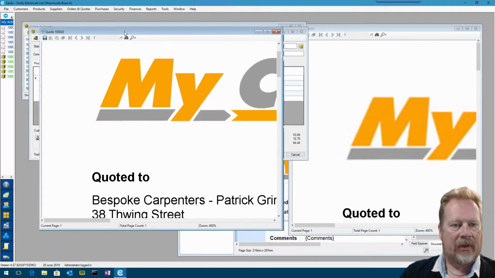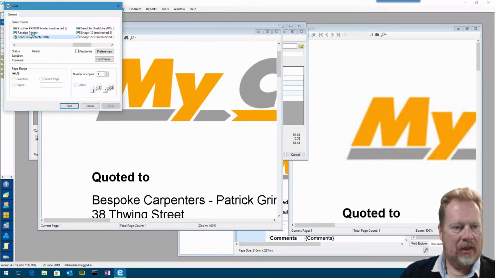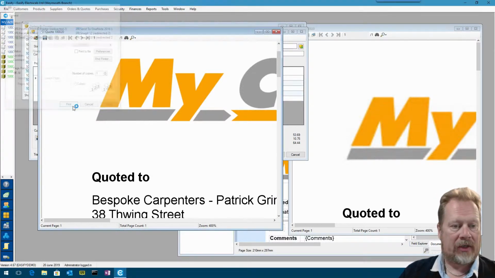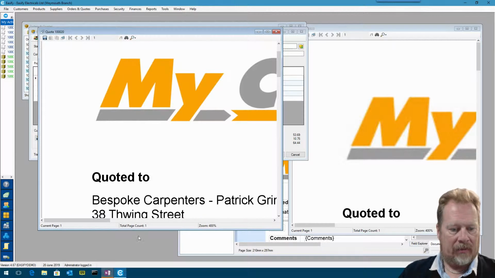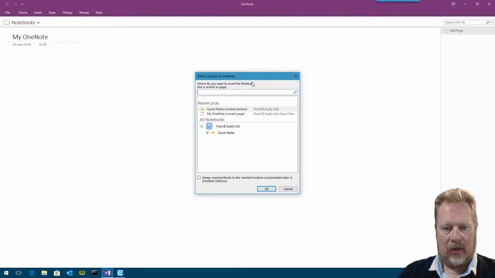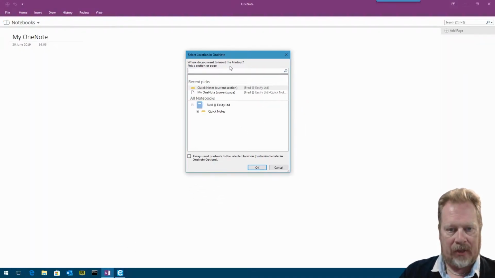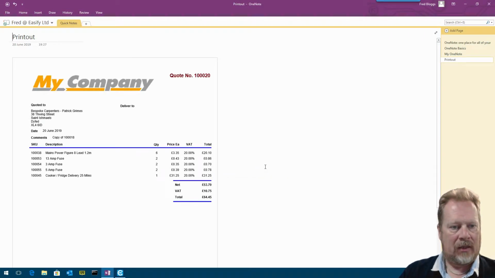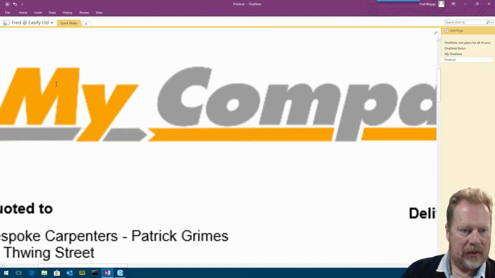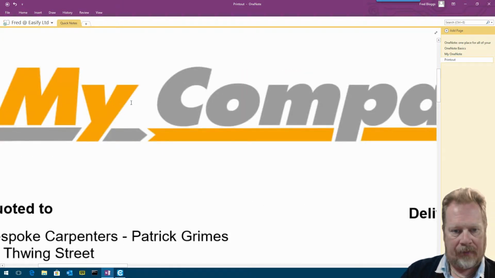I mean, if we do a test print, I can click print, send to OneNote 2016. You could send this to a real printer if you wanted to test it that way. And we just wait a moment. OneNote's asking us, where do you want to insert the printout? So I'll just select quick notes and say always send printouts to the selected location. Okay. And it prints to OneNote on the screen. And again, you can look at that. You can zoom in and you can see that it's got a good amount of sharpness on the